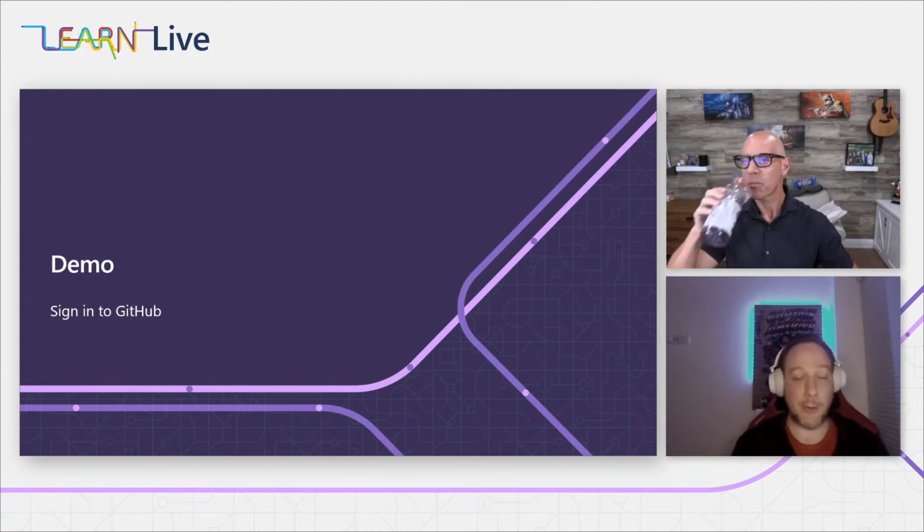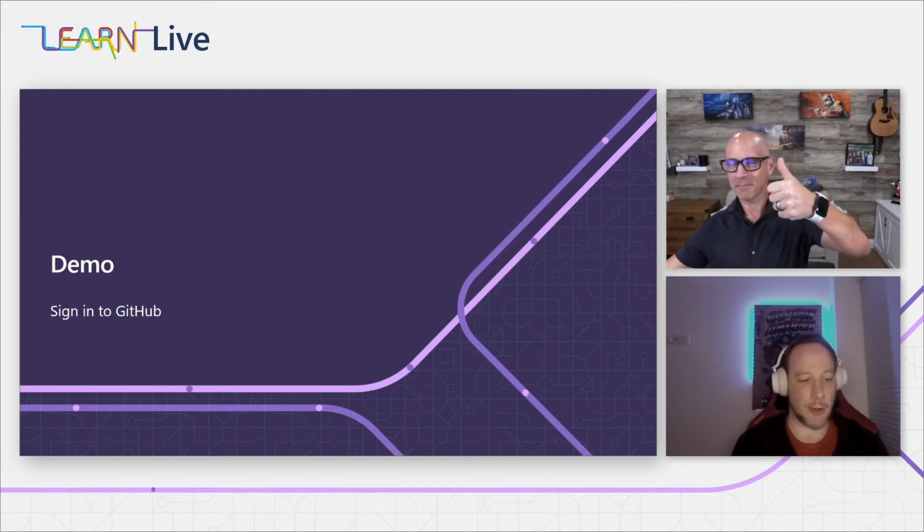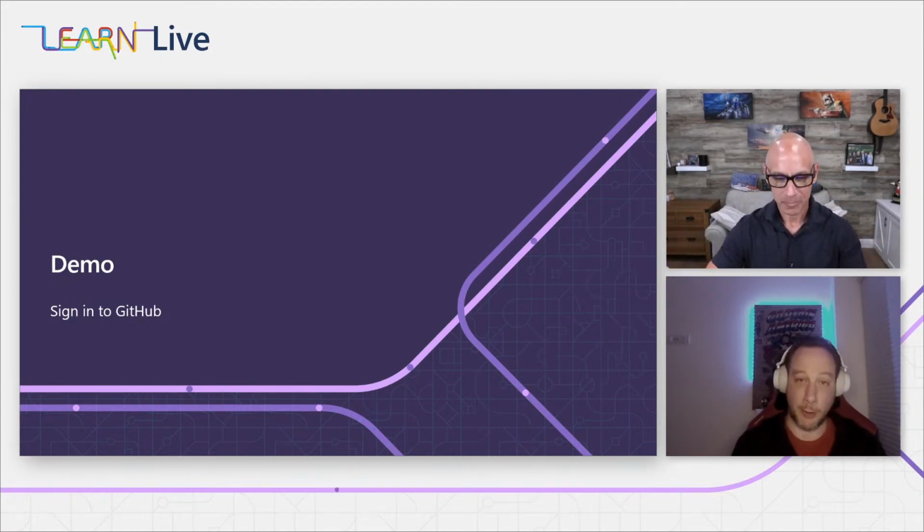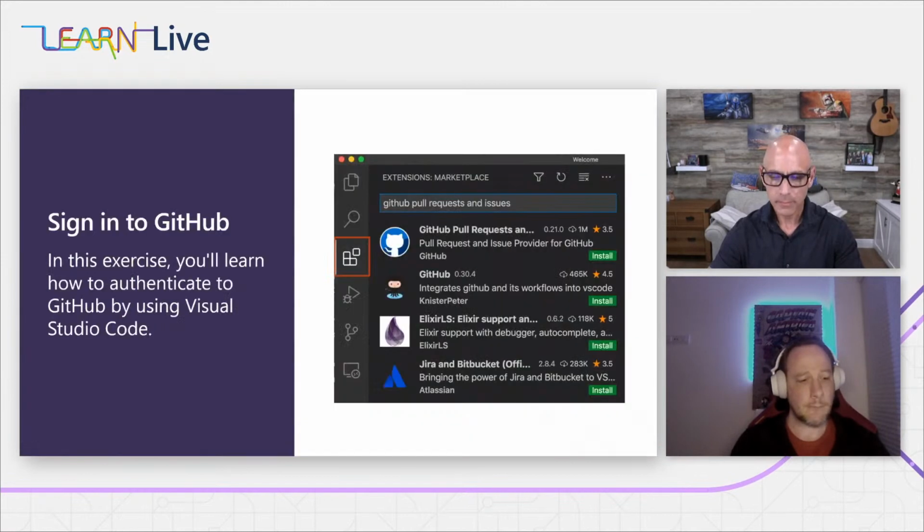But what we're going to do here is literally what we just talked about. So again, we already have a GitHub account. We installed VS Code on our local machine. And from there, the next step is building up that integration, signing in. And in short, it's hooking into the extensions. For the ones who don't know, if it's the first time you're using VS Code, again, we do have the chat integration.